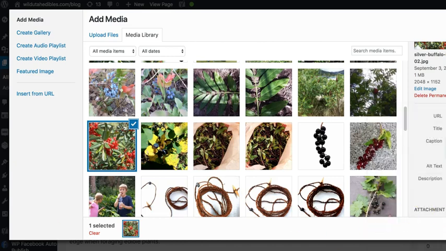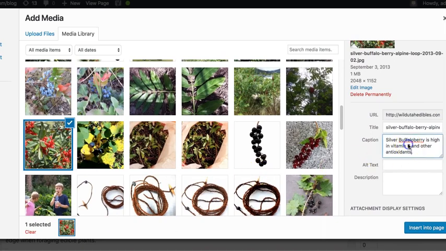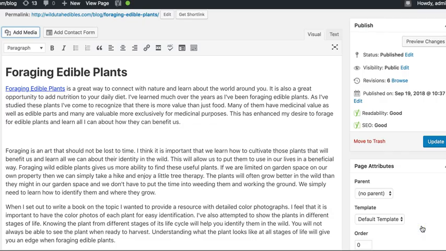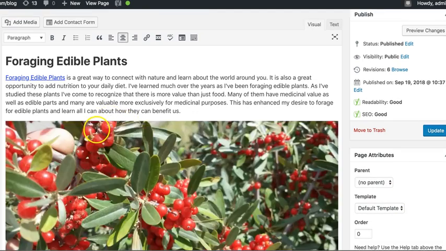So I'm going to put that content into the caption section, insert into page, and then again I'll want to